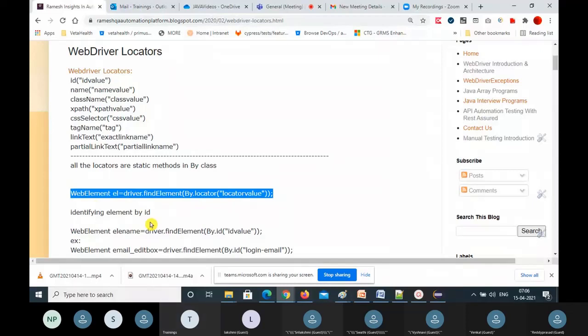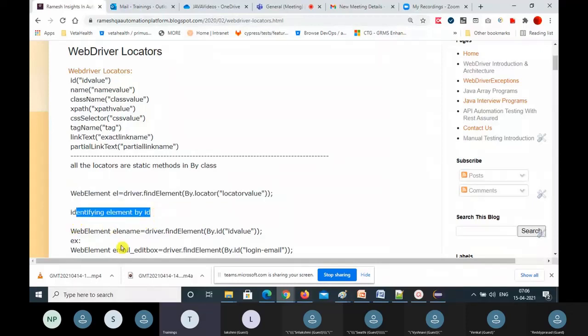The identification of a web element by ID is WebElement name equal to driver.findElement(By.id). In the locator place, I am replacing my locator, that is ID and ID value.